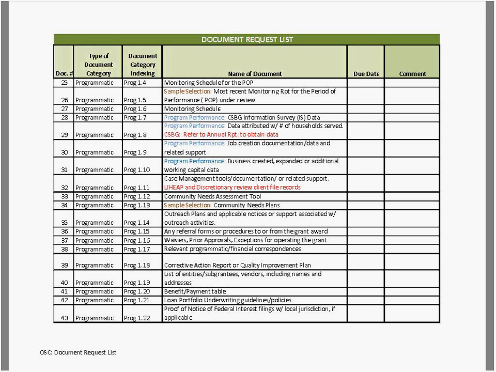list with the monitoring tool and then connect that to the report template, which is why we decided to present this document list today. Obviously this list is sort of a pre-monitoring activity, but since it links to everything, we wanted you to see this. In terms of how it was created, Alicia, who did you work with in LIHEAP? I forget who it was. Was it Patrice? That's correct.